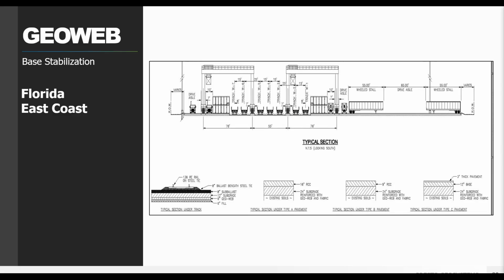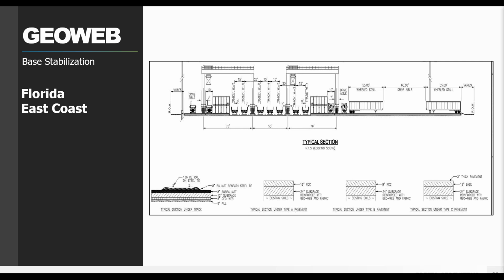The first feature was the ability to use an inexpensive sand infill to replace the specified and expensive 3/4 crushed limestone that would have had to be imported to the site. The specified geogrids that they had hoped to use required high quality aggregate, and that was just going to be too much in terms of hauling costs, getting all that stone to the site, and then the actual cost of the stone themselves.